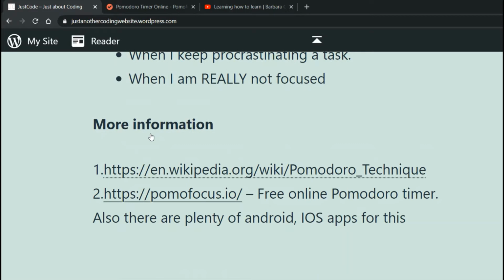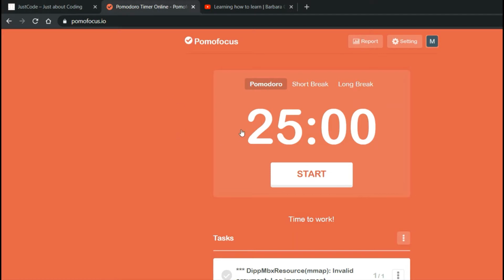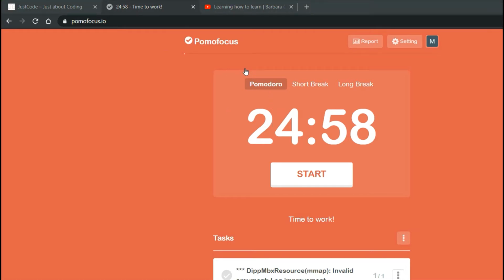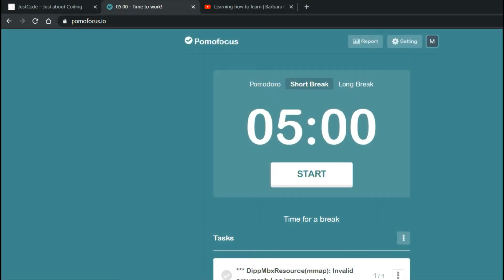I'll show you one website which I use, pomofocus.io. It is simple and it allows you to add your tasks here, and it has a predefined start Pomodoro clock for you. Once you start, it starts ticking. You can stop it, resume it, whatever. And once the 25 minutes are over, it will ring a bell. Then it automatically takes you to the short break screen where you can start the 5-minute timer, and same thing after, it continues to the long break once you're done with the 4 iterations.